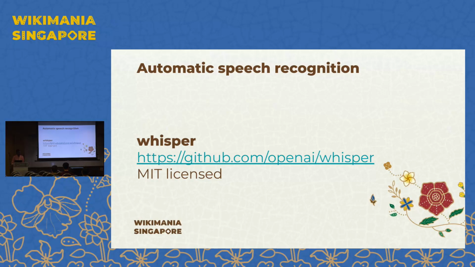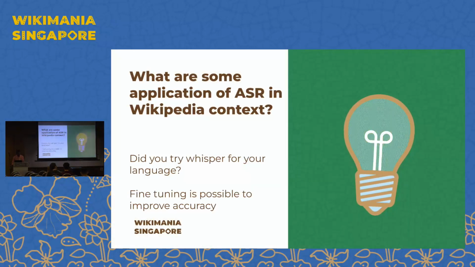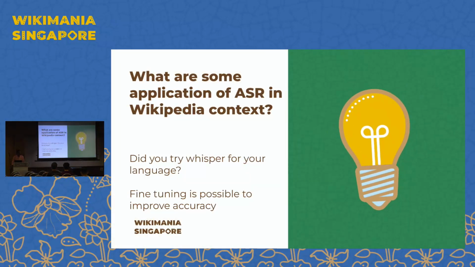Let's go to speech recognition, automatic speech recognition. So there is an MIT licensed speech recognition system called Whisper, released by OpenAI. But if you look at the OpenAI, don't confuse that. This is a fully MIT licensed model speech recognition system. And people have been fine-tuning this for various languages. The actual Whisper is not that good for non-English and many other languages, but since this is MIT license, people were fine-tuning it to their languages, and it's actually possible to fine-tune.